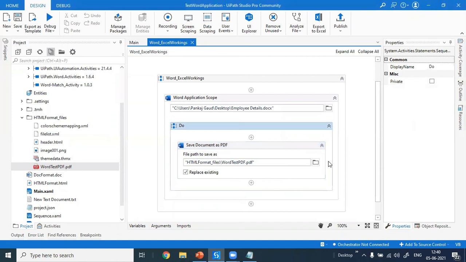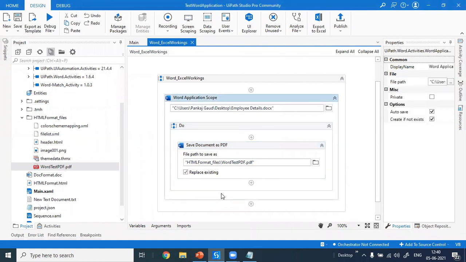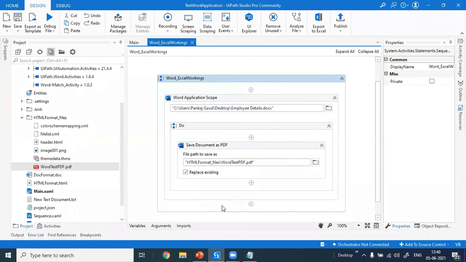Still, guys, while doing the implementation in your projects, if you are facing any issues with Word automation and require any help, you can feel free to connect with Pankaj. Pankaj will really help you. And whatever documentation he created, he will share on Drive, so you can access this recording also. So great. We have covered how to use Word automation in UiPath. This topic we have covered. And thanks again, Pankaj, for demonstrating in a very good manner.